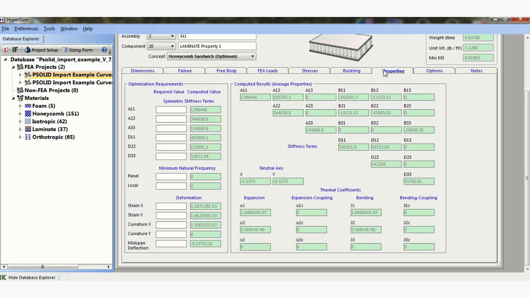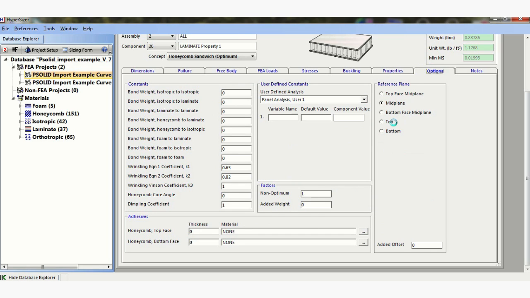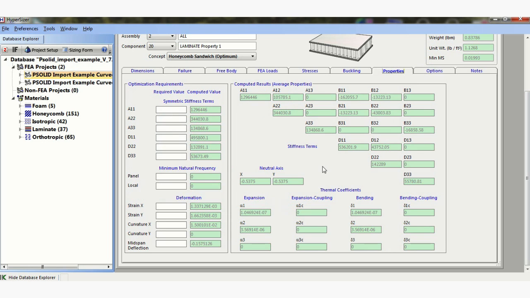And then properties. This is really good. ABD matrix. All composites guys want to know what the ABD matrix is. This gives us the neutral axis. Of course, it needs to be from whatever reference plane you've used, so this can get quite complicated, because as you see in here, you can pick a different reference plane. And so whatever reference plane you pick in this options, when you come to look at this neutral axis, it's with respect to that reference plane. So you need to understand what this relates to. These numbers here,